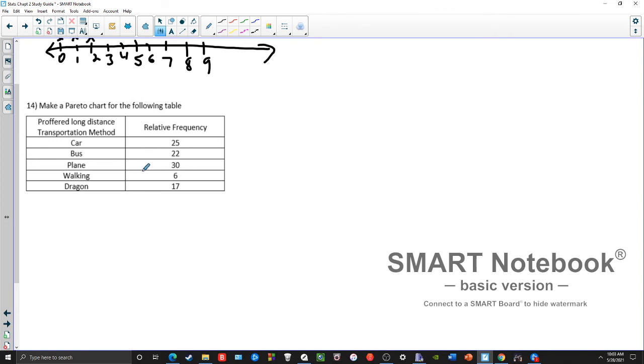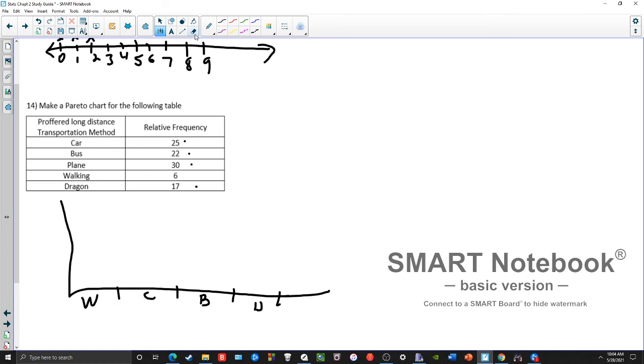And then finally, a Pareto chart. Remember, a Pareto chart has to go from biggest to smallest, like we said at the very beginning here, right? So, which category has the biggest relative frequency? That'd be walking. So walking is going to be my first category. And then after walking comes car. And then after car comes bus. Ideally, these should be equally spaced bars, but I'm doing this by hand or by mouse. Then dragon. And then lastly,